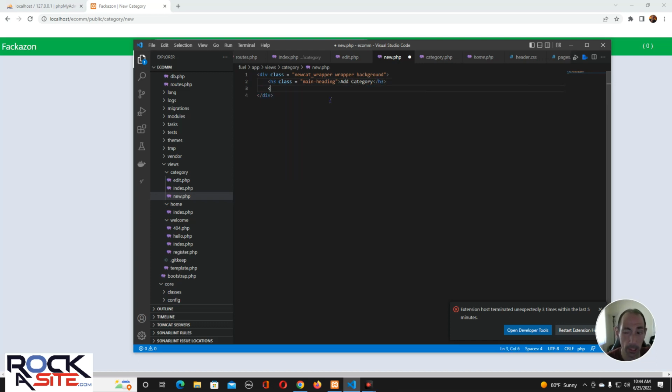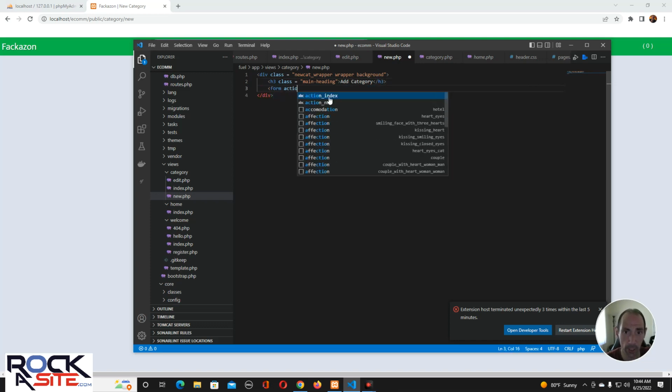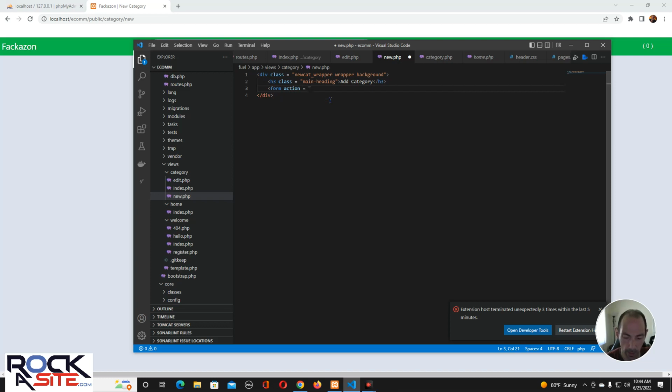I think I could just do a form. Form action equals ecom. We got to put the whole thing in public. If you have a private server, you most likely wouldn't have to put that in. We could send it to another page, but then we'll have to define all the things, and I don't want to do that. Method equals post. Well, there's no point to it at this stage. And all we really need is